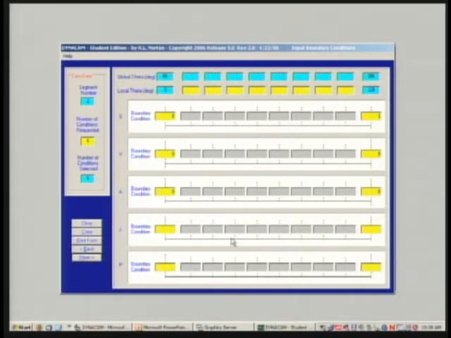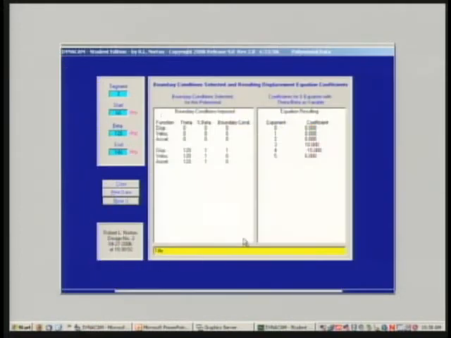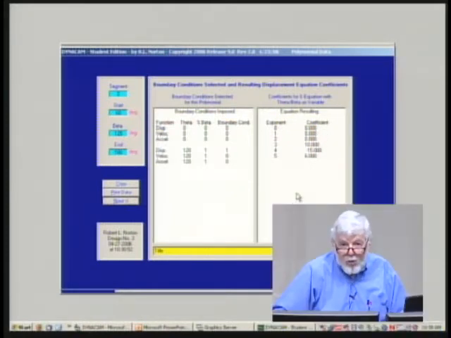Those are my 6 boundary conditions, and when I've completed those, my next button will come alive, allowing me to proceed, and I'm keeping track of how many you've put in. So when these two numbers match, number of conditions requested and number selected, then you can get out of this screen. And when you do, this screen comes up to tell you what you have for a polynomial. So what I've done is solved 6 simultaneous equations. As you can see in Chapter 8 of your book, I do this exact problem in there as an example,